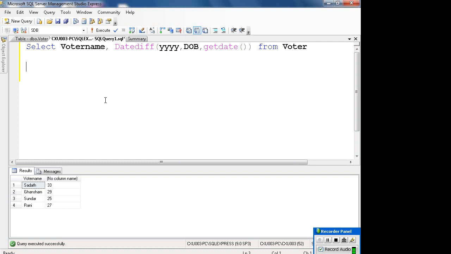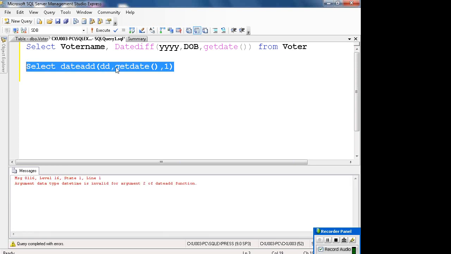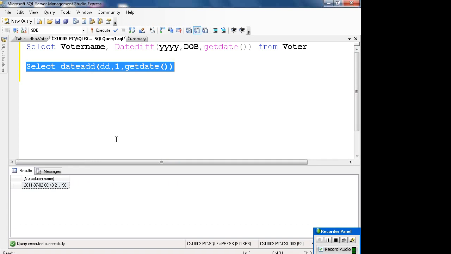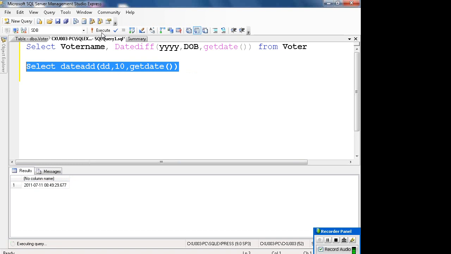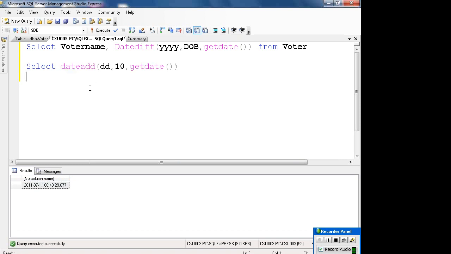Now, for today's date, I want to add another day. Select date add, dd, and then 1, a number in between. Okay, so it says 2. So I want to add 10 days from today's date. 10. If I want to remove 10 days from today's date,